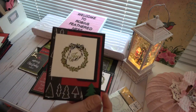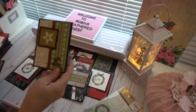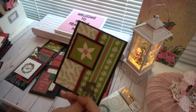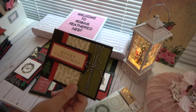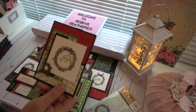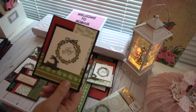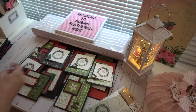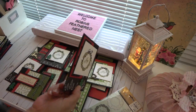Here's another one with that stamp that I embossed and the little tree. Here's a little dark deer and some of that sweater trim that I love so much. There's one. Here's one. Another one. And another one. Another one. See how they're...